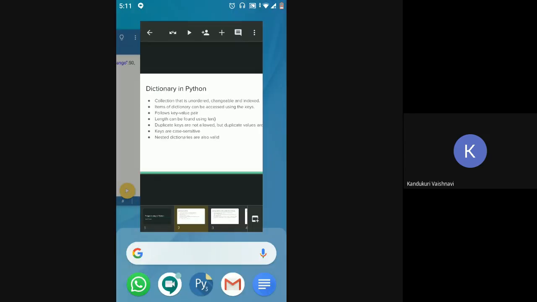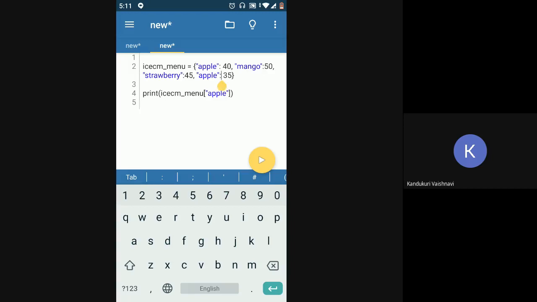Keys are case sensitive, as in strawberry would be different from capital S Strawberry. This is called case sensitivity.